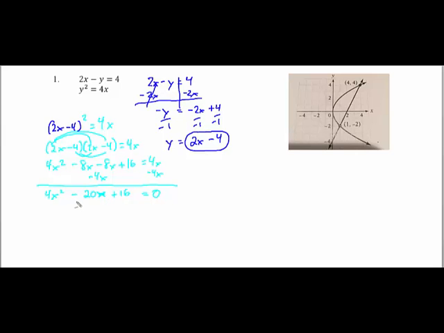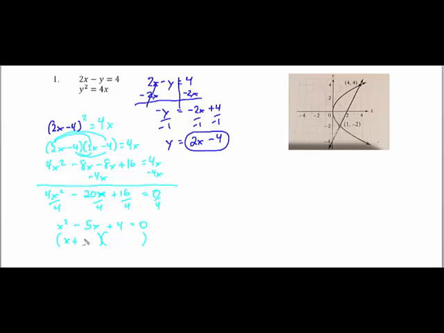Now, a couple different options. You might say to yourself, well, I'll just factor this tricky trinomial, or I'll use the quadratic formula. But in fact, the best thing to do is to divide everything by 4. Which is also similar to factoring out a 4 and then dividing both sides by 4. Because now if I divide everything by 4, the problem gets smaller and it is still factorable. And it's just a little bit easier to factor now that we've reduced everything by 4 and now have a first term of 1. So the two numbers that multiply to make 4 and add to make negative 5 is